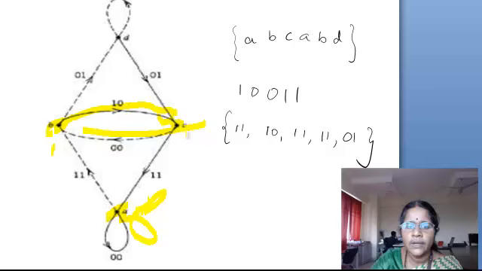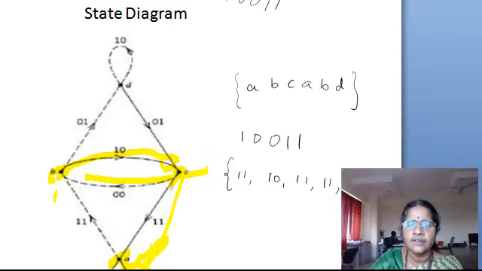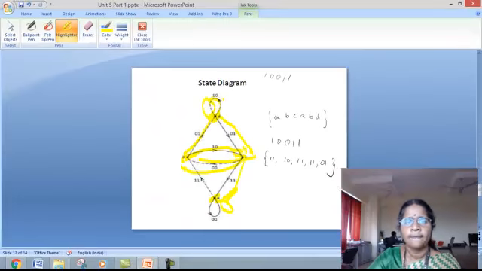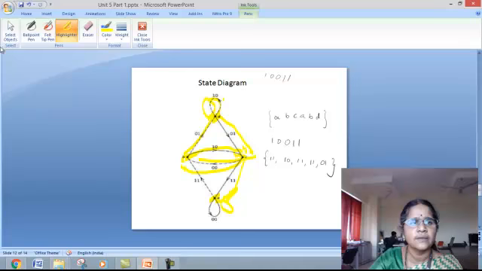Here is state C for 0 and for 1, and this is state D for 0 and for 1. From B this is state for input 0 and for input 1. So from this state diagram,